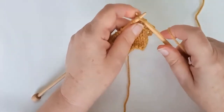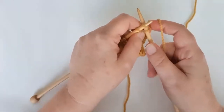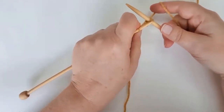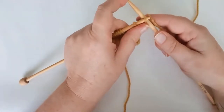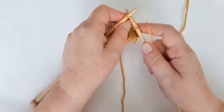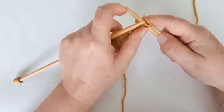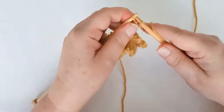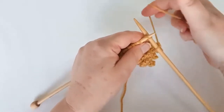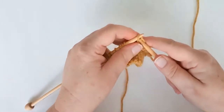And we're going to knit that stitch, knit this loop, and then we're passing this stitch over on our right hand needle, and then we're knitting this stitch. So we're doing it a second time, passing that stitch over, then we're knitting this stitch on our left hand needle, and for the third time we're passing a stitch over,